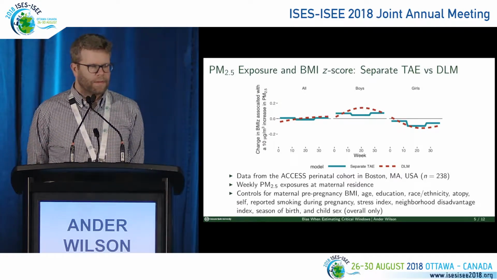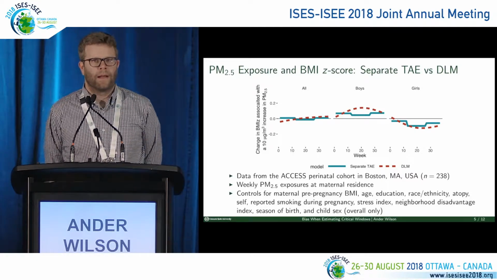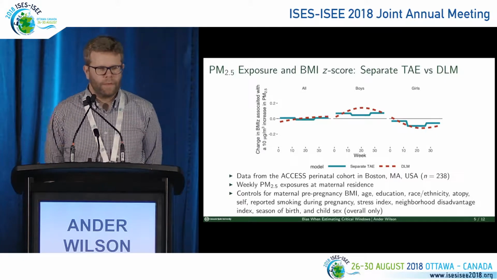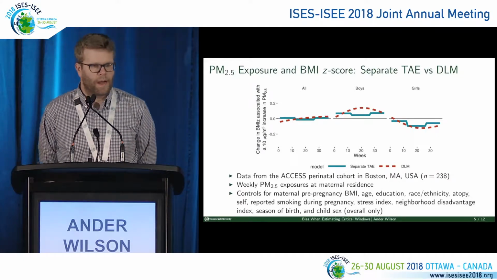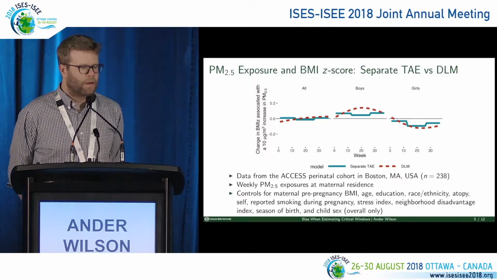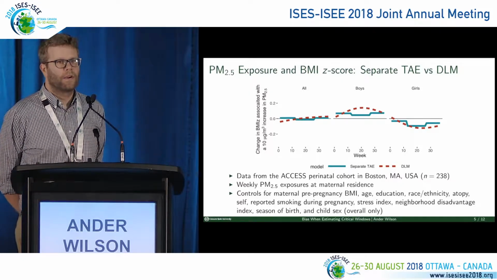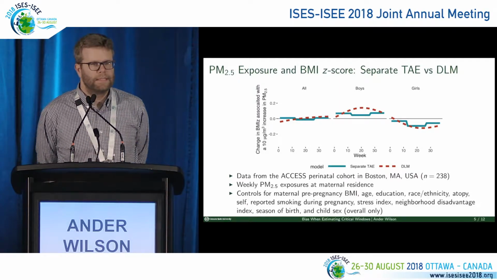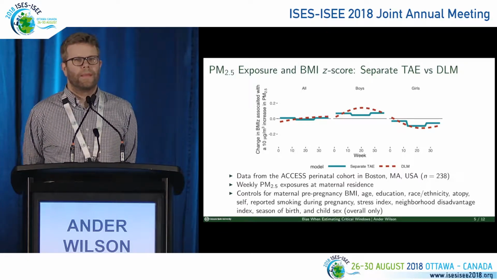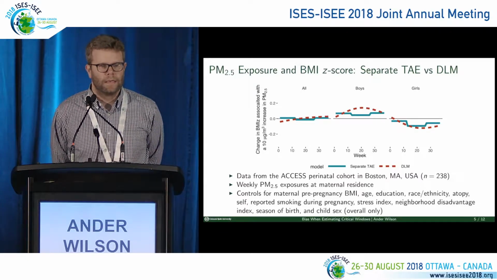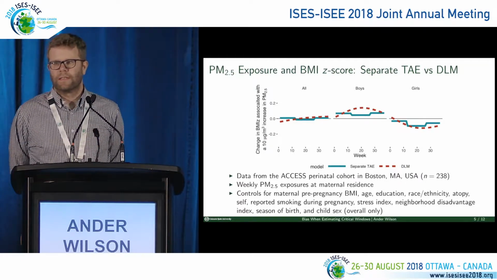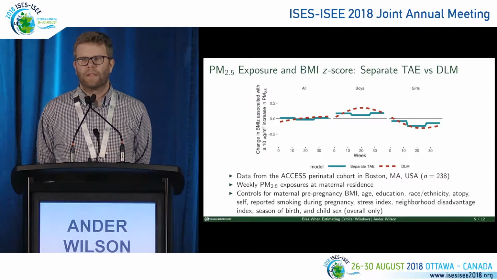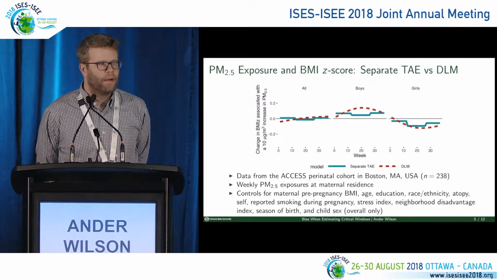And so this is one example of some results using a separate TAE model and a DLM for analysis of PM2.5 and BMI Z-score. And so this is pretty typical of what the results we got are, where when we did this for girls only, we got results for the 2 models that corresponded with each other. But when we did it in the boy-only group, we got conflicting results. So you can see there, the DLM, the dashed line, shows a peak in the association during the 2nd trimester. But the separate TAE model shows the lowest association. And this happened over and over, where the 2 models sometimes would correspond, sometimes give different results. So the question is, why are they different, and which one do we believe?